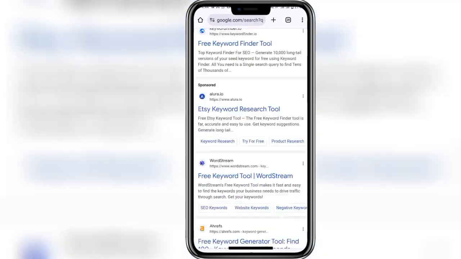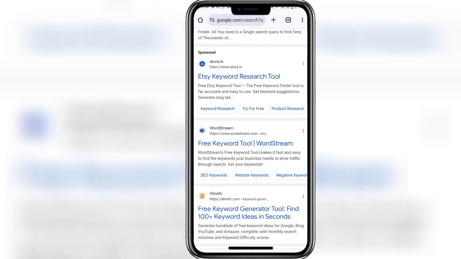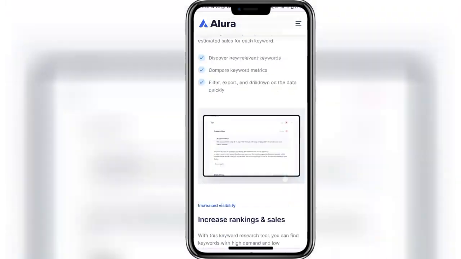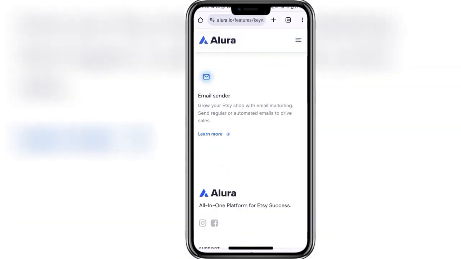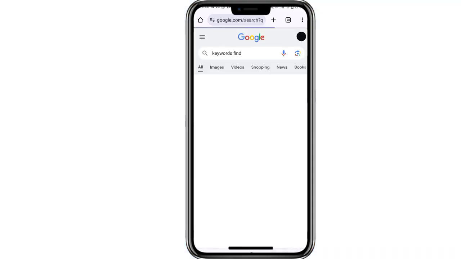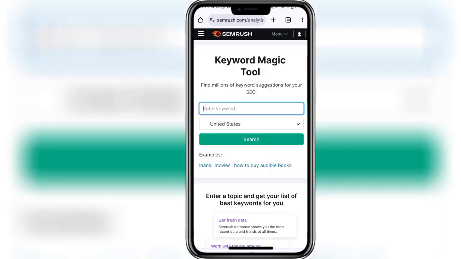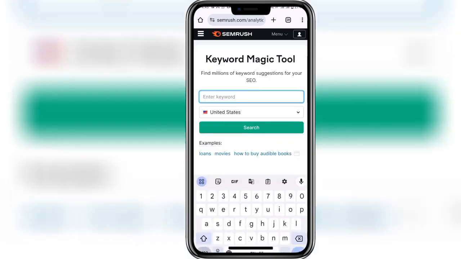There are a lot of websites you will get. If you click on these websites, they will give you the best keywords. But the best way, and the free way, I'm going to teach you. All these websites are on a paid version, nothing is free. Here's Semrush. If I click on Semrush, it is one of the best websites, but if it's all on a paid or premium version, there's nothing good.